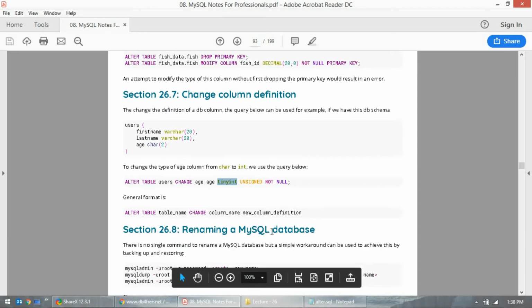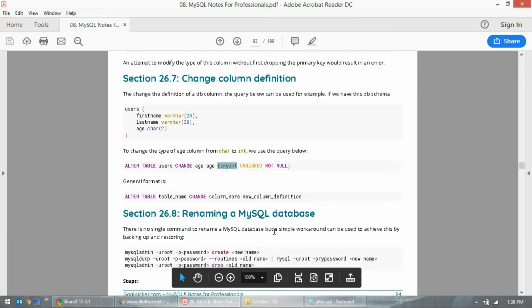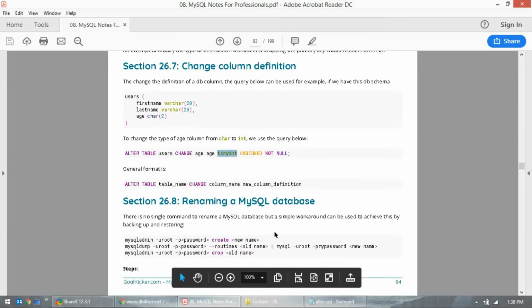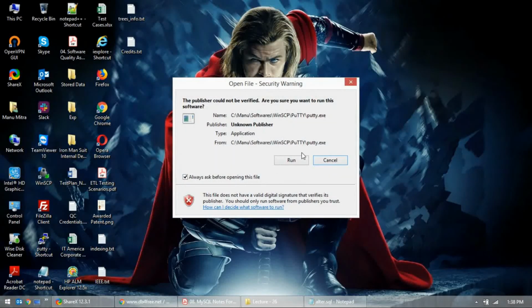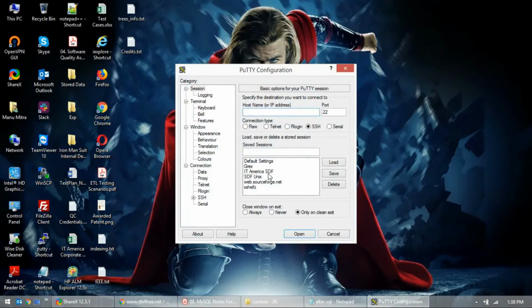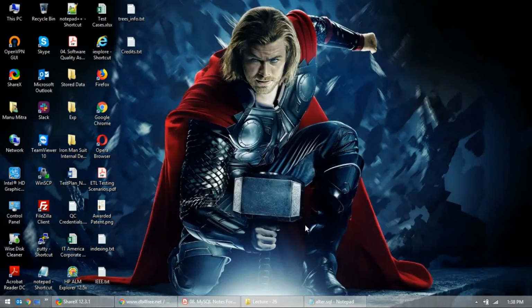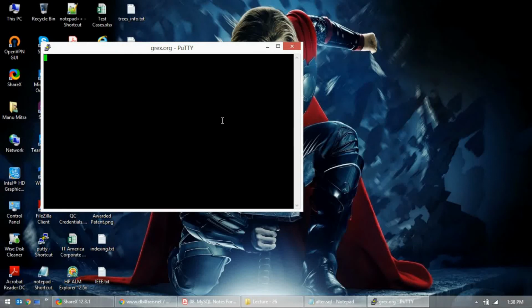Renaming a MySQL database. Here we are not going to do it. See, this is admin work. mysqladmin -u root. So this is more of a Unix thing, I'm sorry, because if you are talking root, then root is in Unix.